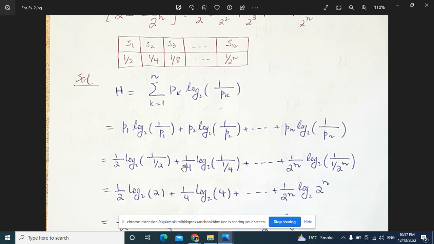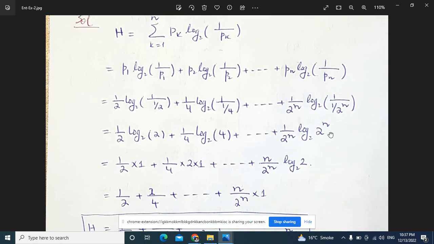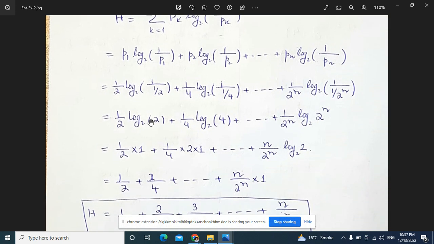You know, the third denominator, 1 by 2, 1 by 4 and 1 by 2n, that is why they will go upstairs. So that is log 2 of 2, so 1 by 4 log 2 of 4 plus 1 by 2n log 2 of n. So we know the answer of log 2 of 2 is 1, that is why 1 by 2 multiplied by 1. The answer of log 2 of 4 is 2, so 1 by 4 multiplied